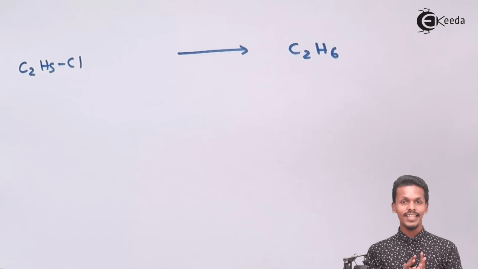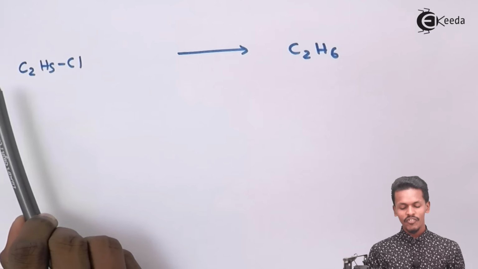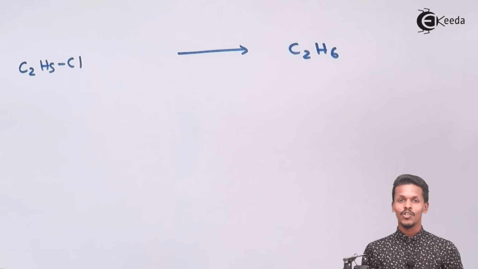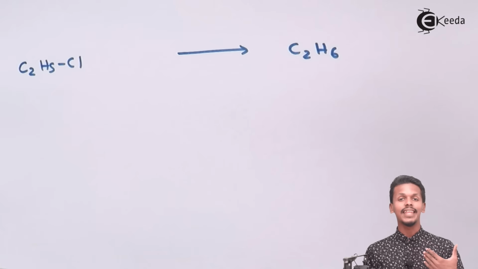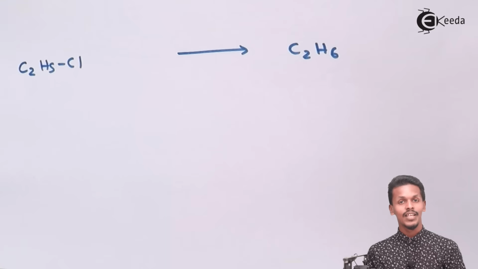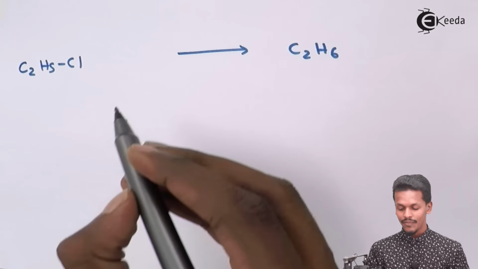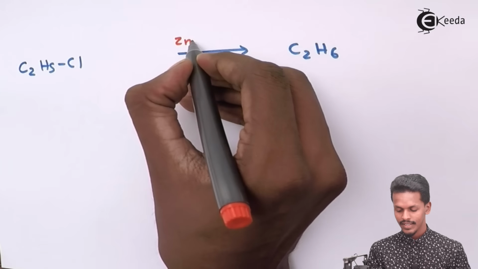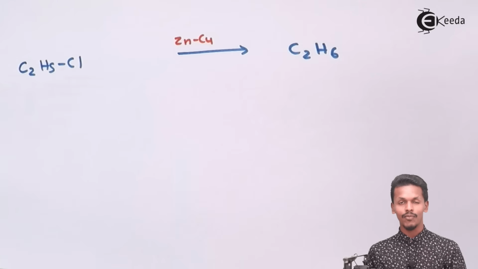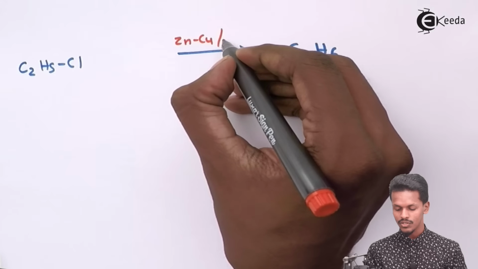In this case, the thing involved is very simple to detect: the total number of carbons here is found to be 2, and in the product it is also found to be 2. Because the carbon number has not been increased or doubled, it is the same as it was. So in this case we apply the logic of using the reagent zinc copper couple in the presence of alcohol,